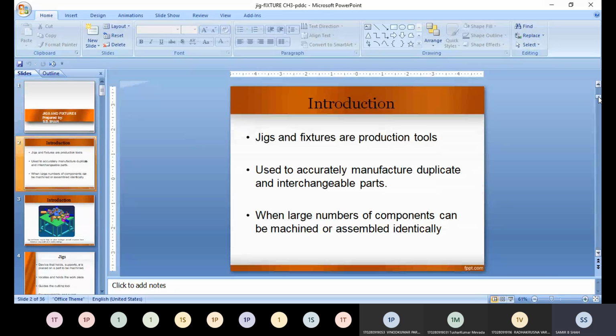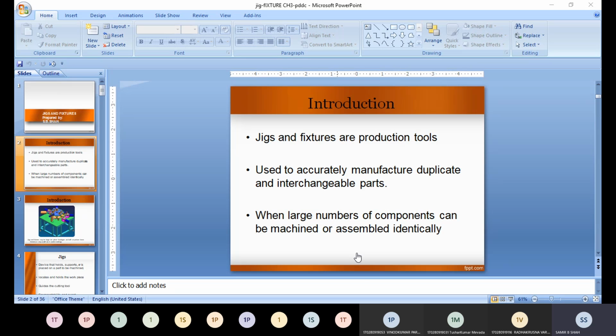As I already discussed regarding the difference between jig and fixture, jig is a production tool and fixture is also a production tool. We know that we prefer the jig when the number of parts is higher and we have to prepare them in less time.